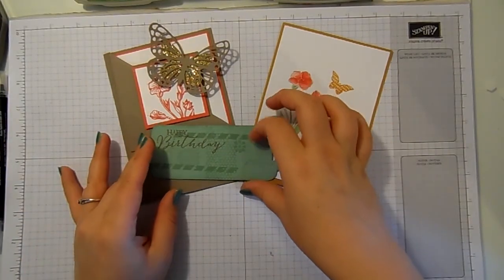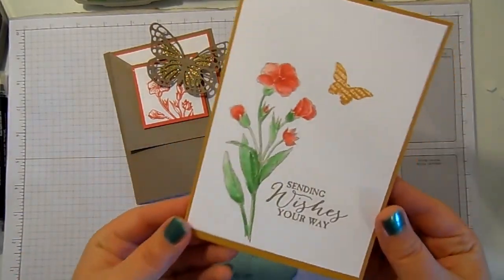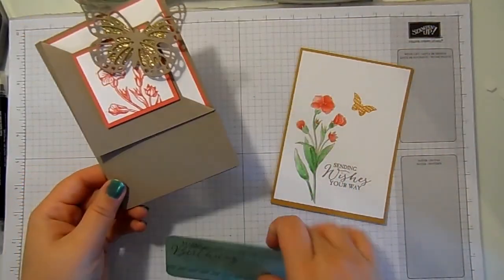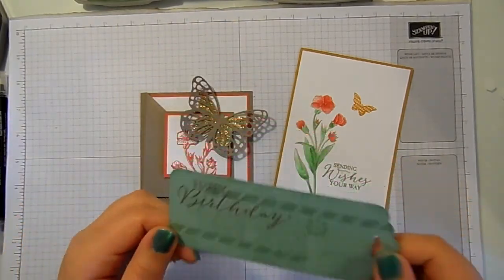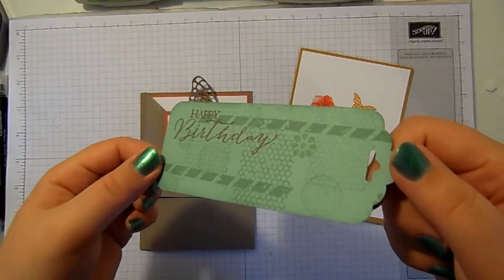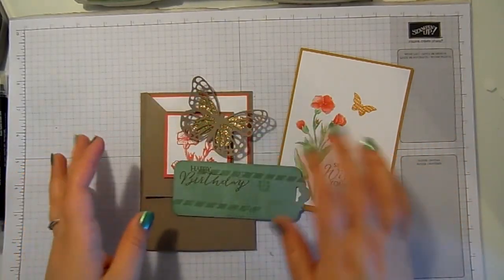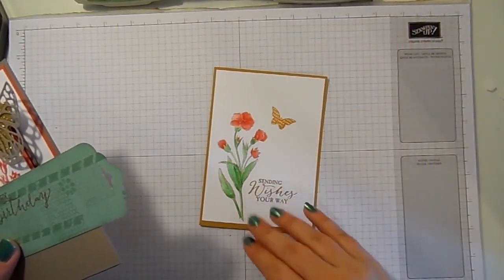So I've got 2 cards and a tag for you this month. A nice simple card, something with a fancy fold, and a tag with some layered stamping. I don't know how well the camera's picking that up or not. It is actually picking up quite well, which is beautiful. So we will start with our